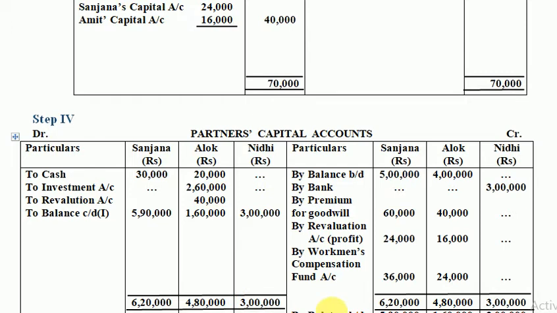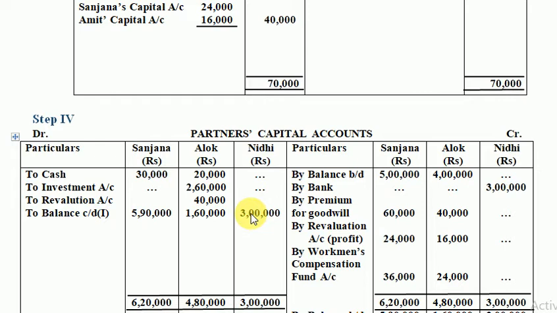Finally, after doing the totaling, the balancing for the partners comes as Sanjana 5,90,000, Alok 1,60,000 and Nidhi, the new partner, 3 lakh. This is a normal capital account in a normal question. But remember, our question was with capital adjustment, that adjustment number D given in the question. And for that, I'm teaching you a method or a technique by which you should very carefully understand how to do it so that you can simply arrive with the steps for calculation of capital adjustment.